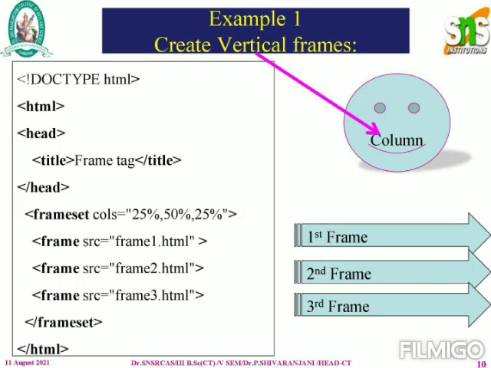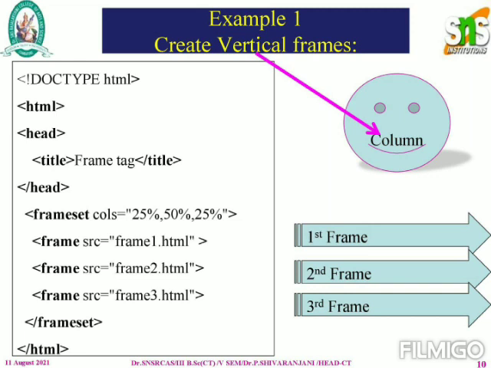So here this example is showing examples for creating a frame. You can create two different types of frame. One is called a vertical frame and another one is a horizontal frame. So if you're creating a frame with a vertical frame, it means that to represent your columns, you'll make use of this vertical representation.